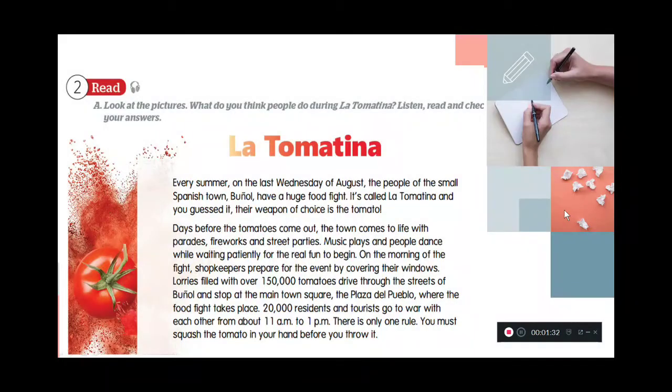Muy bien. Now, today we're going to focus on La Tomatina. La Tomatina is a typical event that takes place in Spain. This is a Spanish tradition in Buñol, to be more specific. Before we continue,